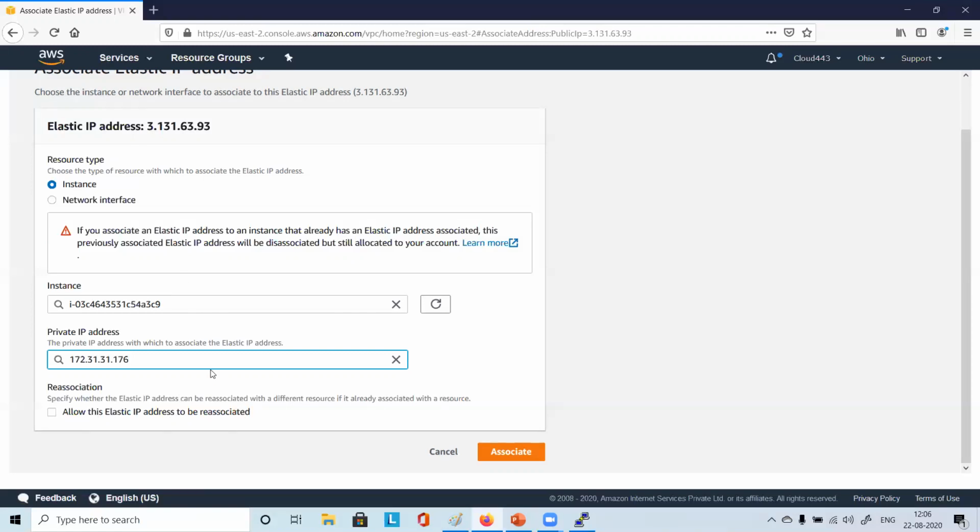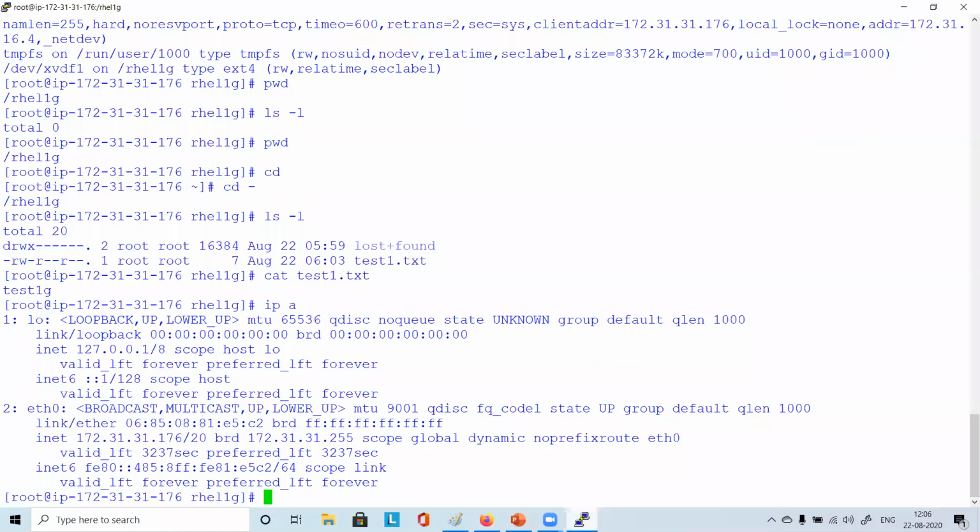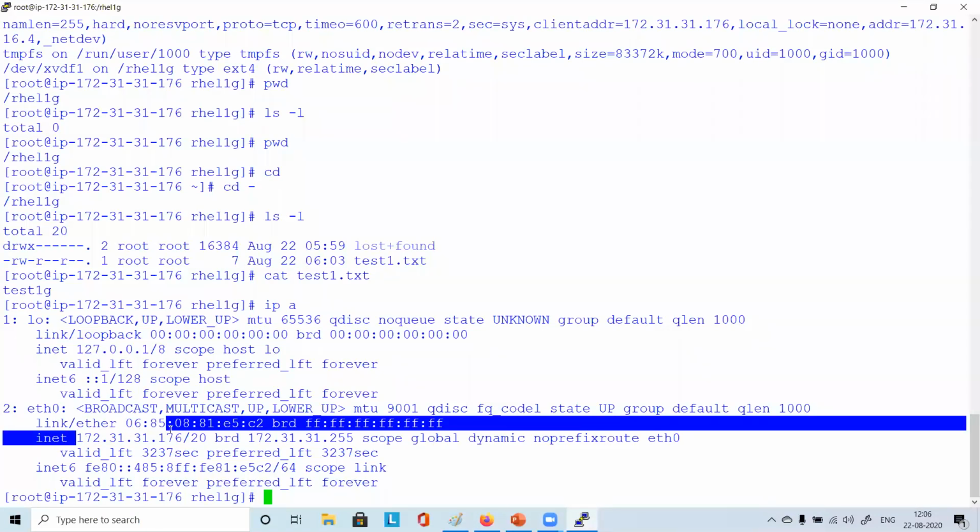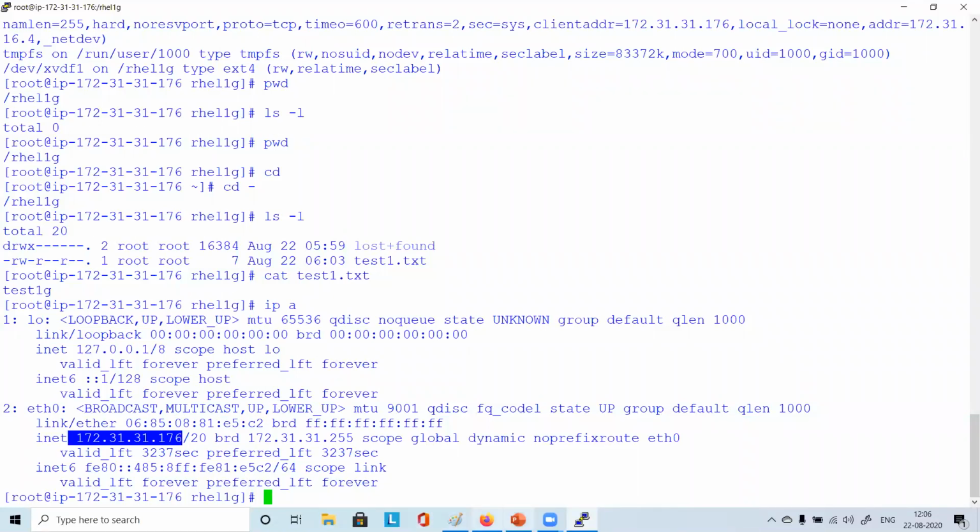What is that Linux command? ip space a, ip address, that's it. ip a is the shortcut. Okay, 172, let me cross verify that. Yeah, it's the same thing. Perfect. So you also have only one IP. This is loopback, and this is the only one IP, so this one IP only came.